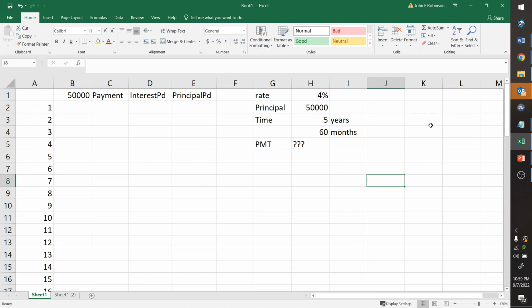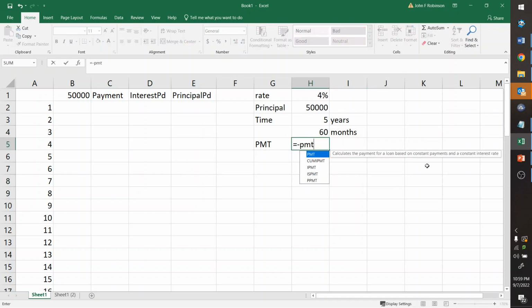And so the first thing we need to do in order to make an amortization table is we need to know the payment that we should be paying every month in order for the loan to be exactly finished at the end of the life of the loan. So we can do that using Excel's payment functions. I'm putting